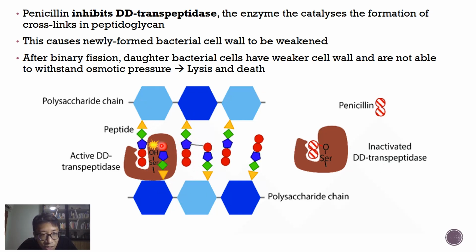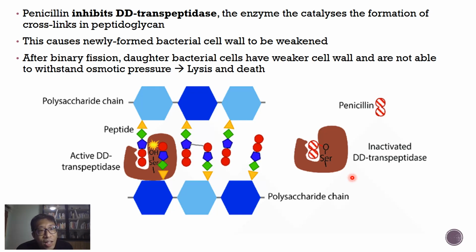This cross linkage is being formed by the active DD transpeptidase, but with the binding and inhibition of penicillin, this enzyme wouldn't be able to form the cross linkage. Without the cross linkage, obviously the peptidoglycan cell wall is weakened. There's less tensile strength,